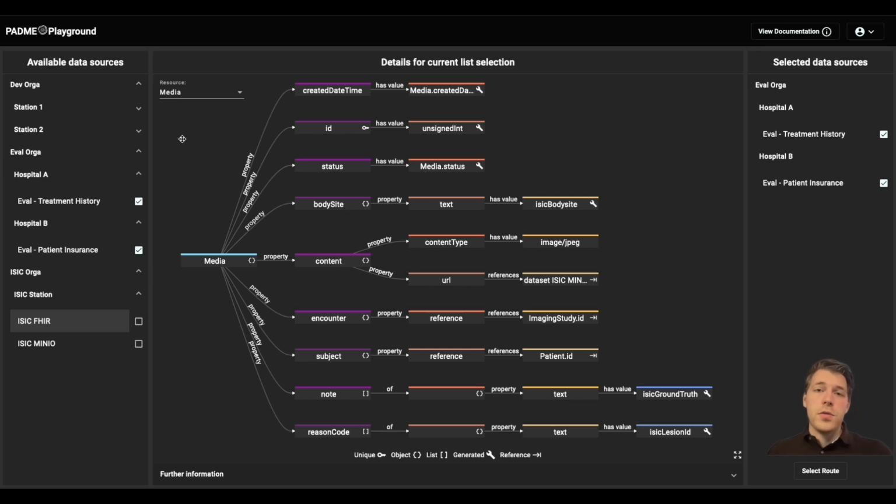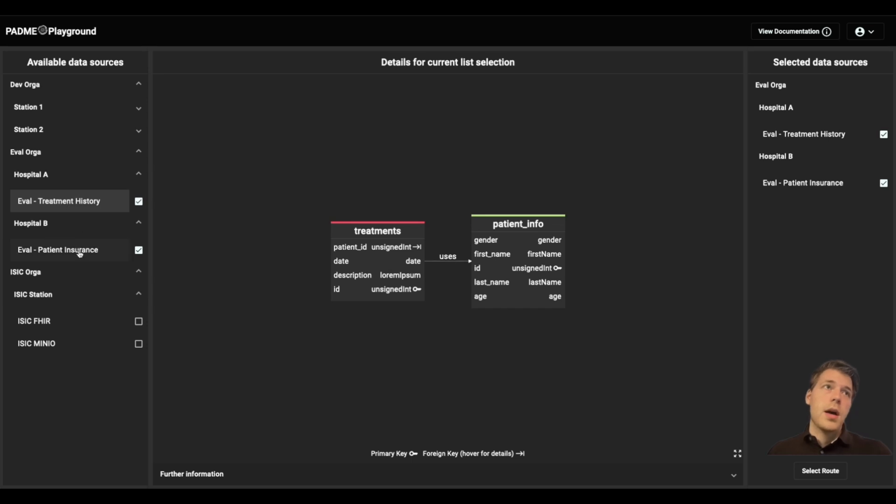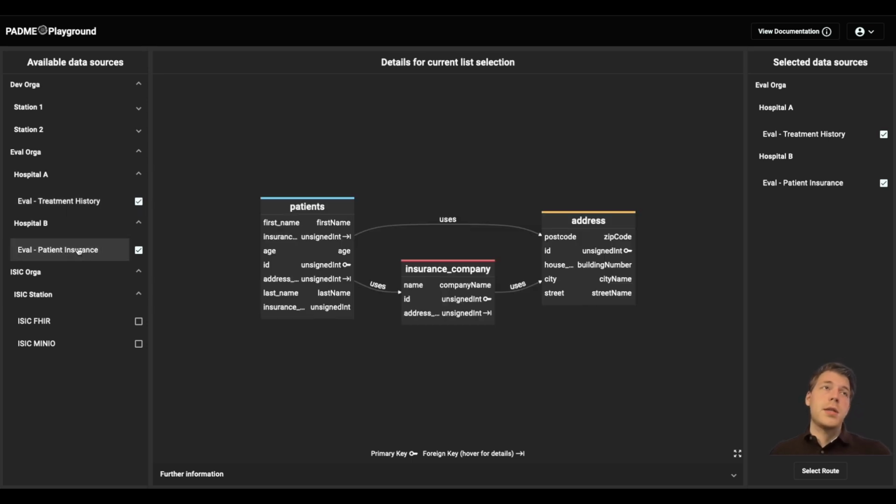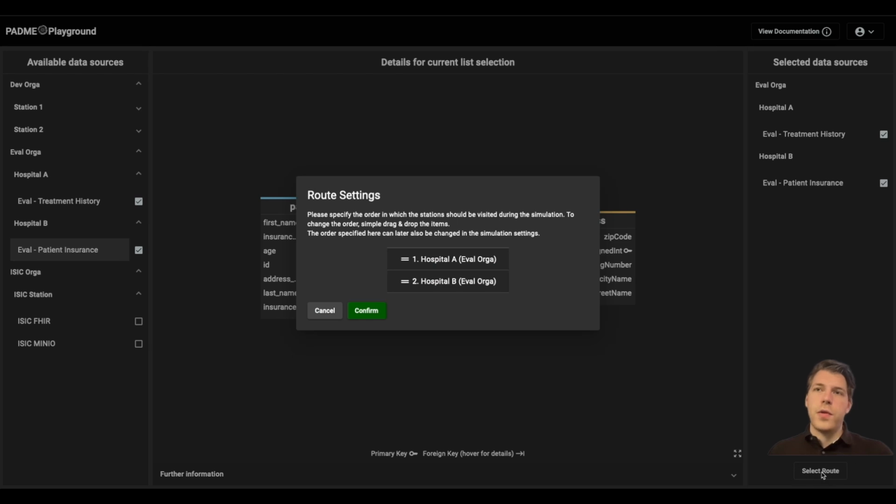However, for this particular use case, we are only interested in those two databases, so the treatment history database and the patient insurance database from those two hospitals. So you can see on the right-hand side, we have now selected those two for our simulation. And if we are satisfied with the selection, we can go ahead and specify the route via this button at